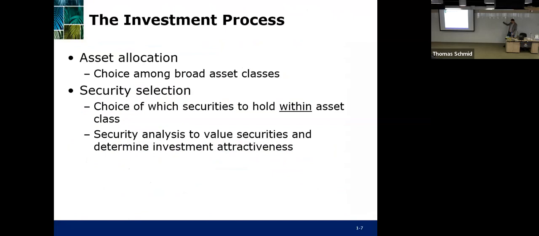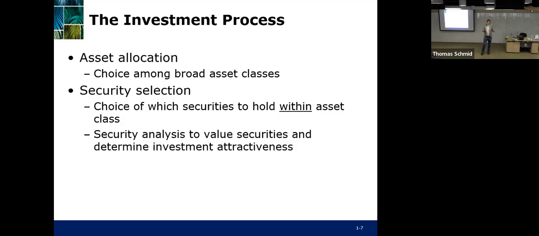So now we're zooming into the investment world. Let's talk a little bit about the investment process. In the investment process, we can broadly distinguish two steps. The first step is called the asset allocation, and the second is called the security selection. In the asset allocation step, we consider you are either a private investor or a portfolio manager for a fund, it's always the same. What you have to do is choose how much money you want to invest in